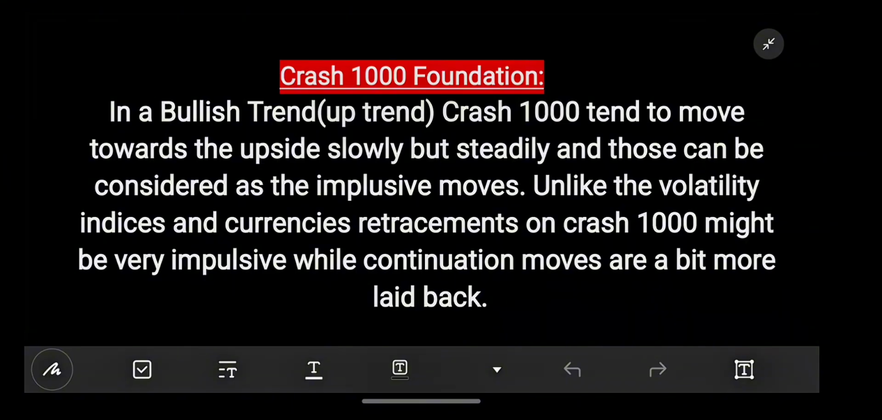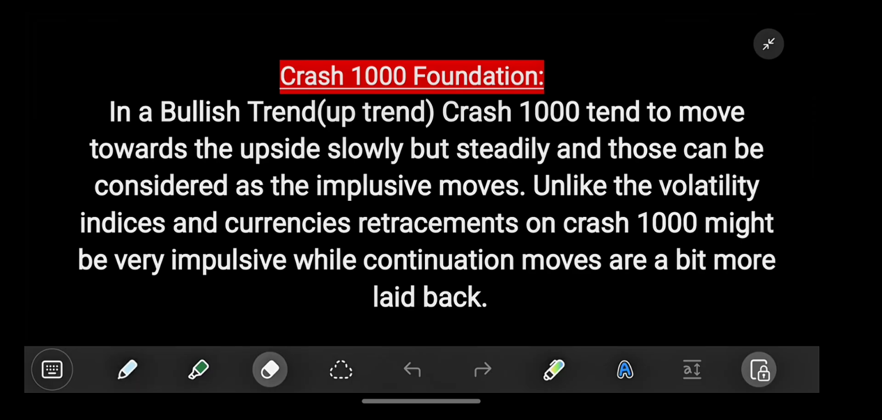So, when we talk about Crush 1000 Foundation, we're basically just talking about the things that you have to know about Crush 1000 before you consider ever trading it. Okay? So,